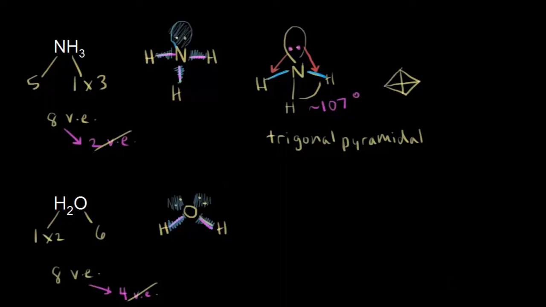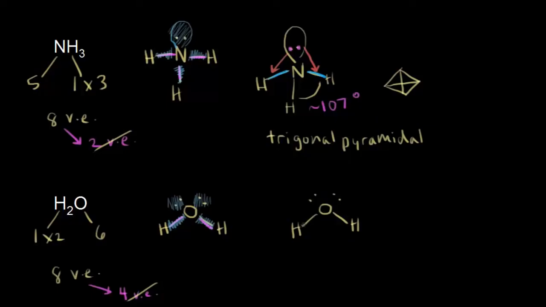And so once again, we have 4 electron clouds, and those 4 electron clouds are going to attempt to be in a tetrahedral arrangement around that central atom. Using VSEPR theory, they're going to repel each other and get as far away from each other as they possibly can. However, in this case, let me go ahead and redraw the molecule here. So we have our water molecule, and we have our lone pairs of electrons like that. In this case, we have 2 lone pairs of electrons. Remember, lone pairs or non-bonding electrons take up a little bit more space than bonding electrons, and therefore they're going to repel